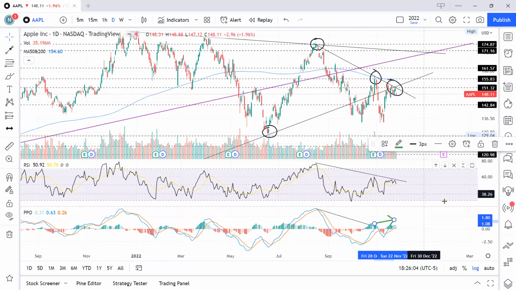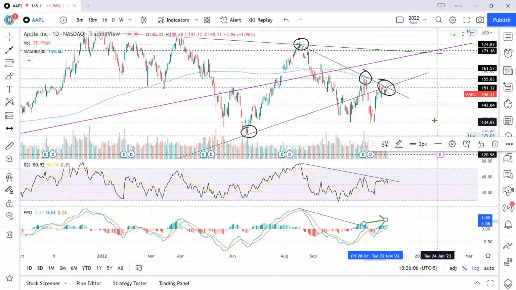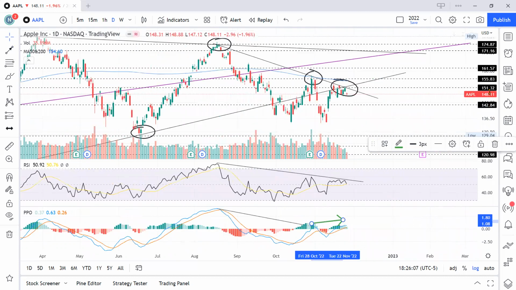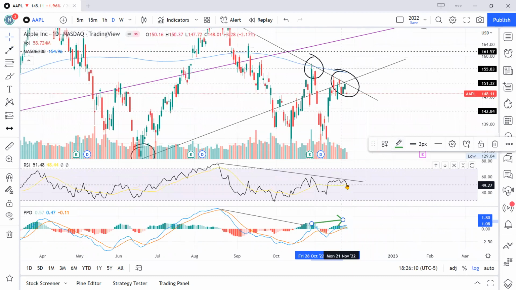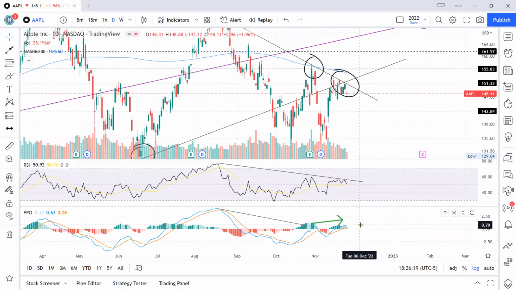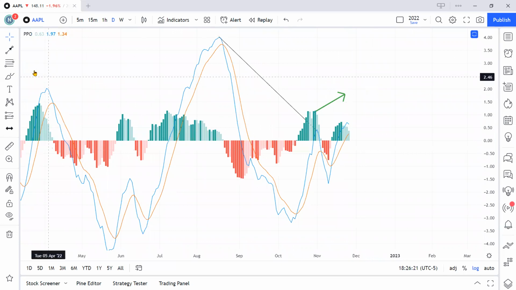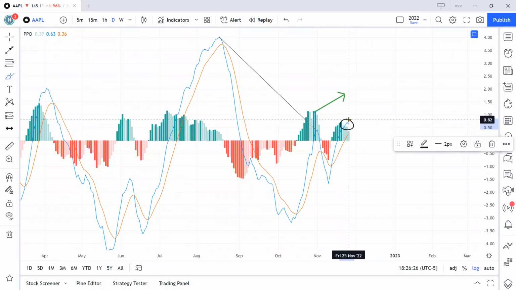It doesn't mean that there's going to be an immediate bullish action, but it's possible. And we'll see it on the RSI here, though. What I'm doing here is I'm going to double click on PPO. What you can see is I'm looking at this spot here. I'm looking at this high on the PPO versus this peak. So this one here is a higher high. That's how I determine this upward sloping